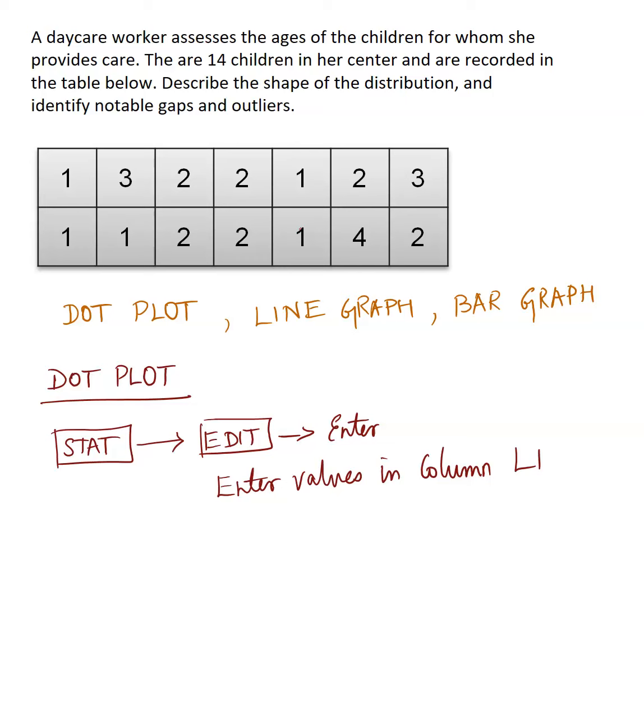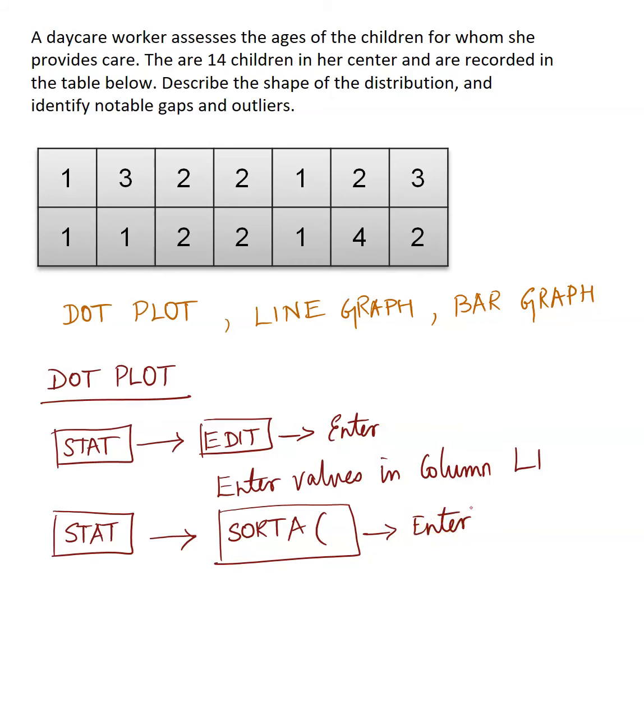Now, because your values are all scattered and not in any particular order, it helps us to sort them. Once you've entered the information, go back to stat, and if you look at the second option, you have the option that says sort A and open parentheses. That is to sort in ascending order. Sort D is going to be the descending order. So you're going to sort them in numerical ascending order. And when you hit enter,